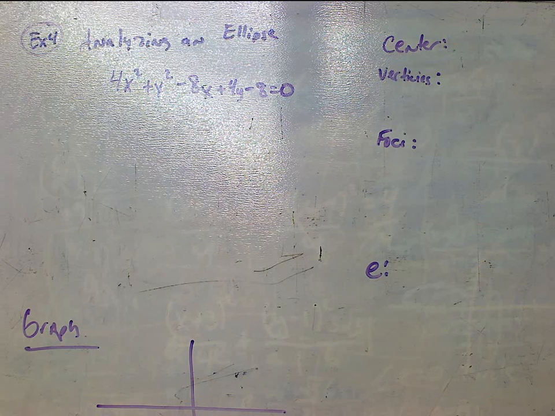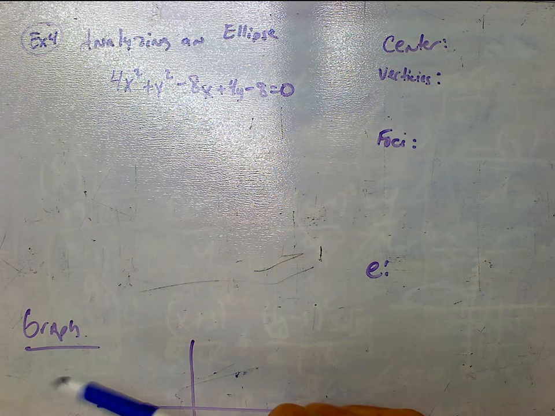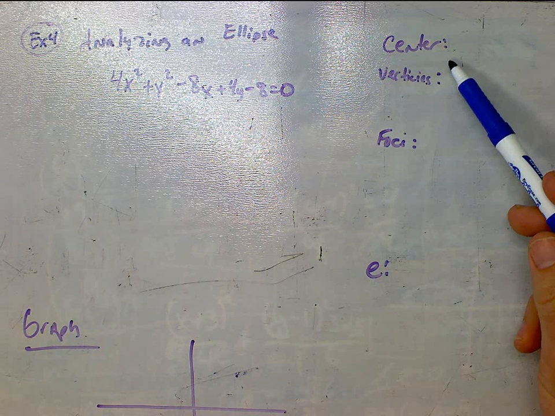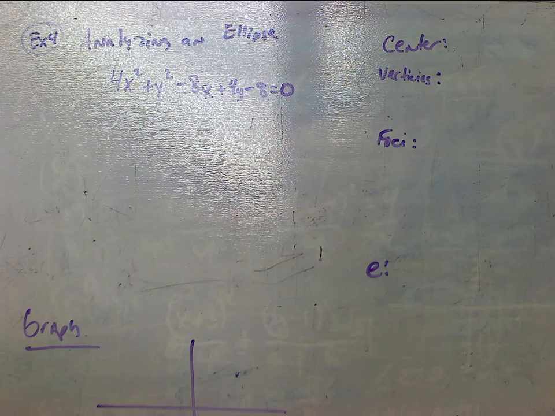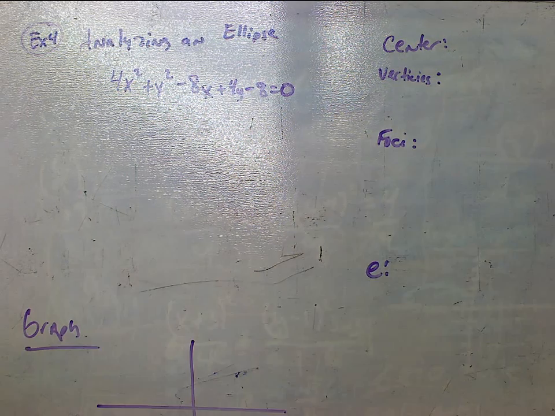Okay, for example 4, we're going to analyze the graph of an ellipse. We're going to graph it. We're going to find its center, its vertices, its foci, and we're going to find e. So the first thing I have to do is change this to standard form, which, from the last example,